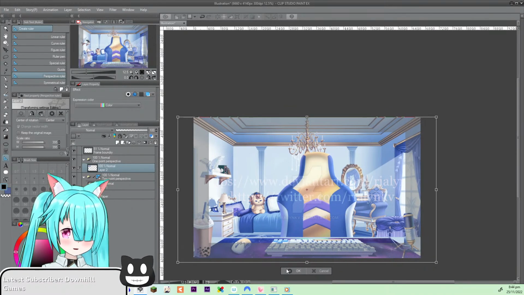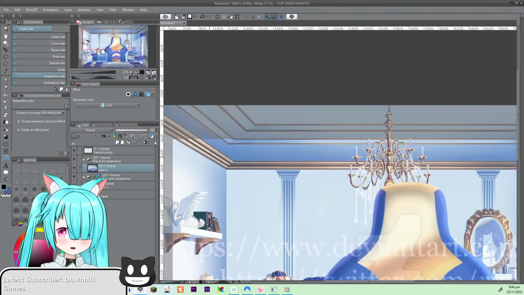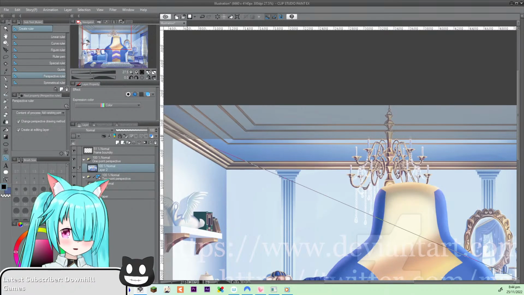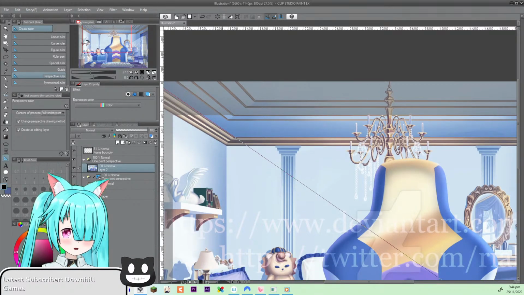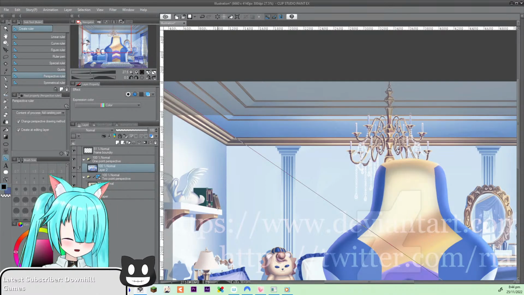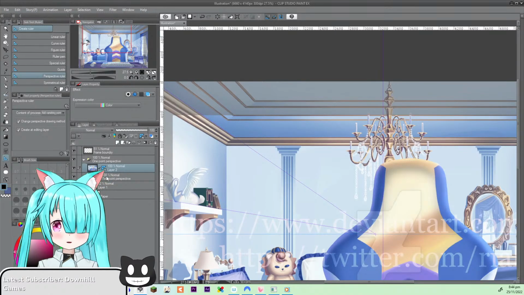We're going to put in a perspective ruler. So go like that. And then we shall go like... It should be fine as long as I use two different lines. I need to use two different lines. We'll go like that, and that should give us a single vanishing point. Okay,